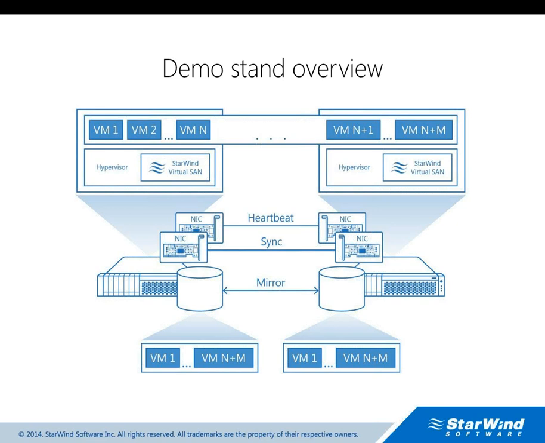Right, so today we have 2 servers participating in our setup, and these 2 servers run Windows 2012 R2, and these also run StarWind Virtual SAN. Now StarWind takes the local disks, as I mentioned, mirrors it using standard Ethernet, and then presents it back to the system as a single shared storage resource. So that's a basic explanation of our today's breakout, and at this point we'll be switching to the live demo